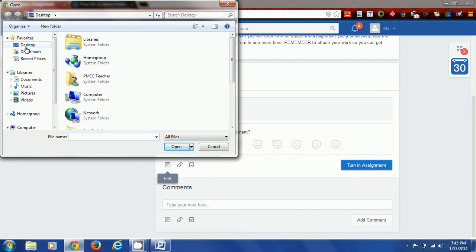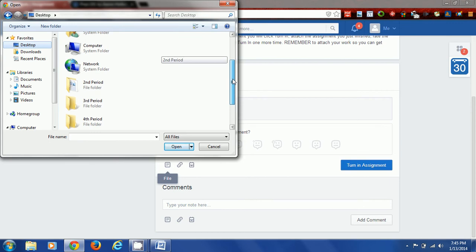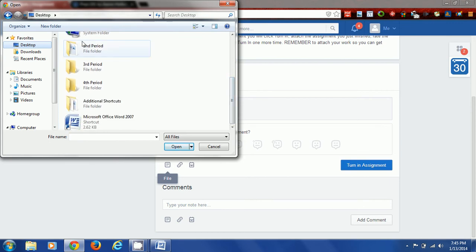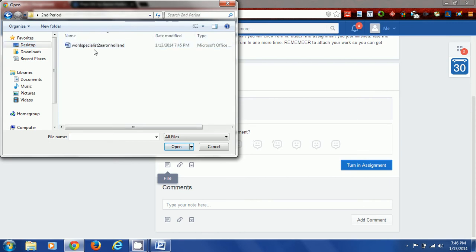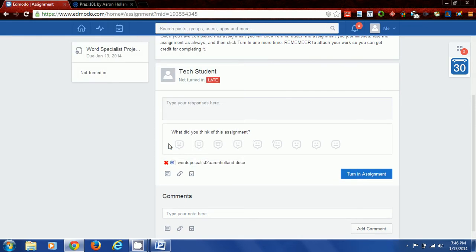I always by default click the desktop even though we were already there, and I'm going to look for the second period folder. And of course the document that I just finished creating and the assignment I just completed is right here. You click this to select the document and you will click Open. Okay, now as you can see, the document has attached to the assignment turn in area of the page,